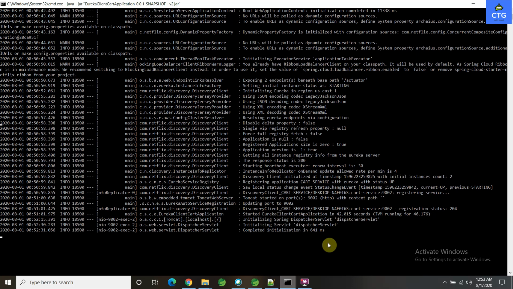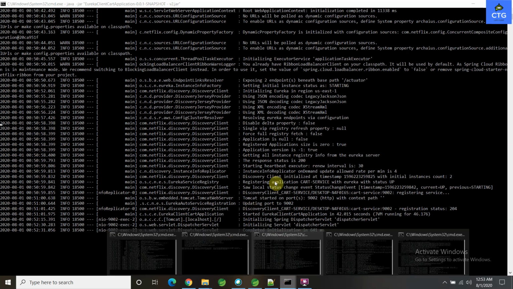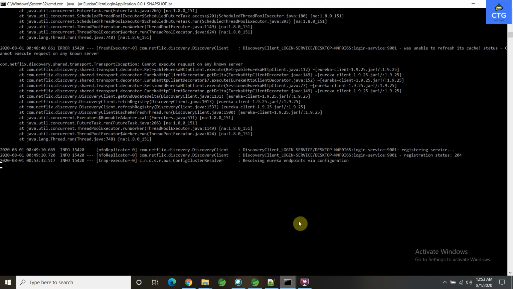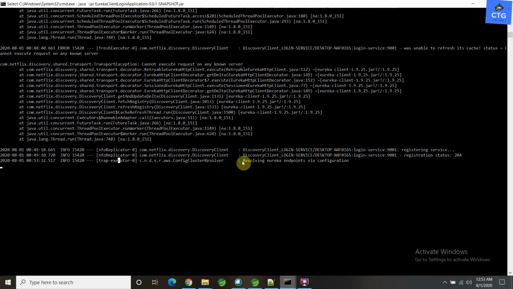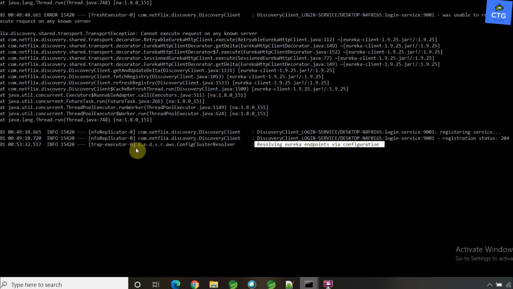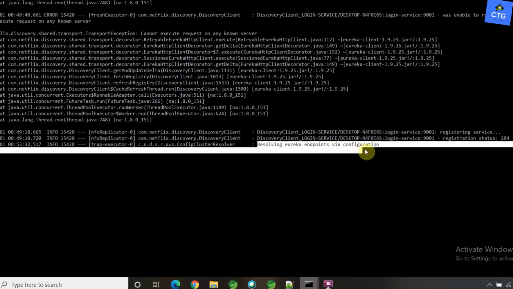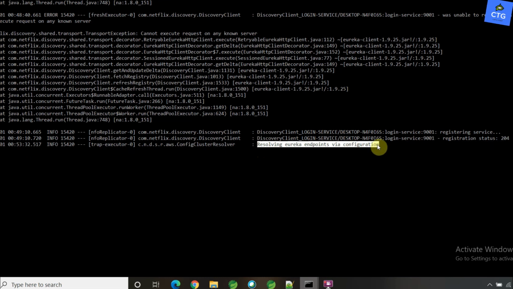Let's go back to the logs. I can explain even better from the logs. This particular console is with respect to the login application. Here a line is printing: resolving Eureka endpoints via configuration, at a certain interval. This login application is enabled with the load balanced annotation.